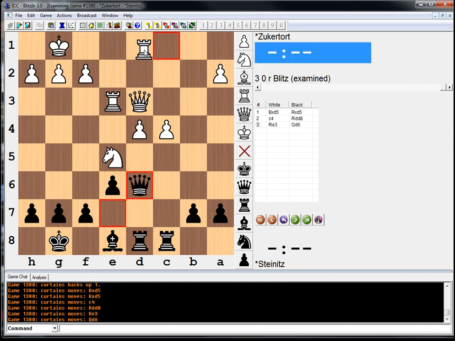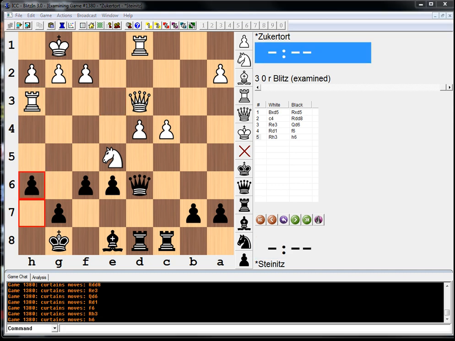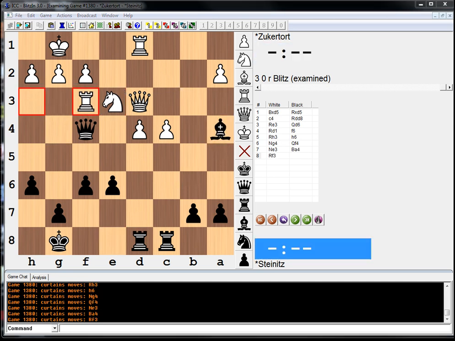Queen d6, rook d1, f6, rook h3, going for queen takes h7. h6 was played, knight to g4, and then queen to f4. And you know, White doesn't really have much attack here, and his pieces are kind of misplaced on the side of the board. After knight e3, bishop a4, rook to f3, attacking the queen, queen to d6, rook to d2,